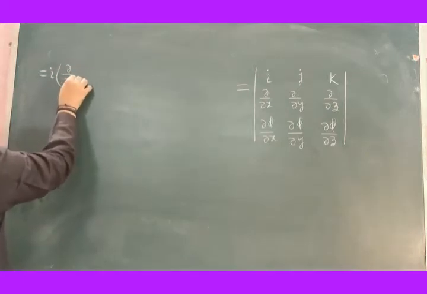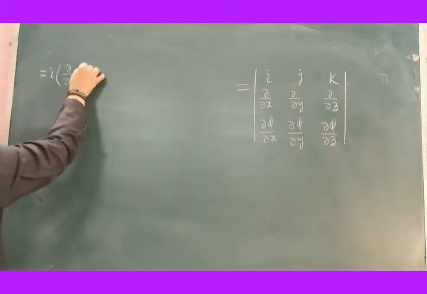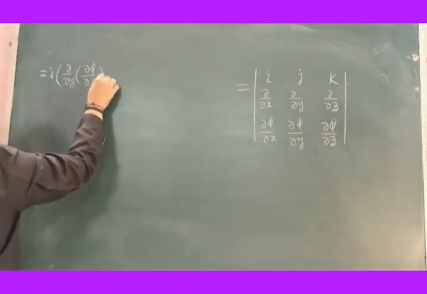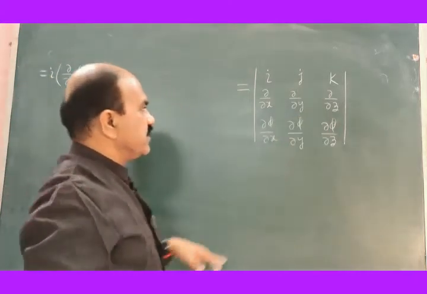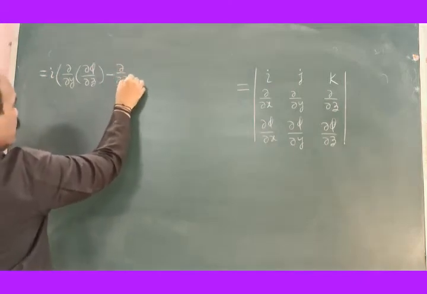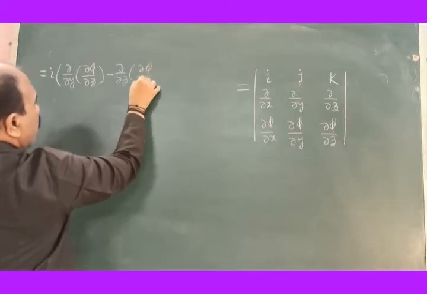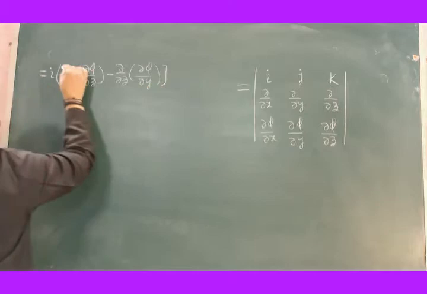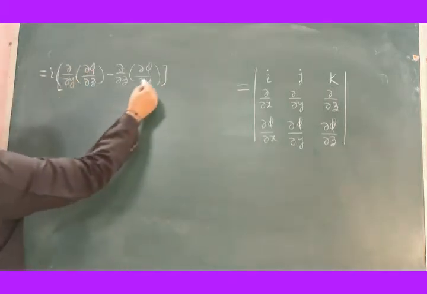Dou by dou y of dou phi by dou z minus this cross product, dou by dou z of dou phi by dou y. Okay, then plus